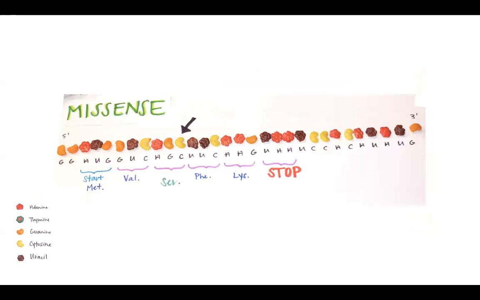So our first type of point mutation is a missense mutation. And this is basically whenever you're exchanging and putting in a new nucleotide, you're going to go from one type of amino acid to a new kind. So we add in this cytosine right here, and that brought us from arginine to now we have serine.